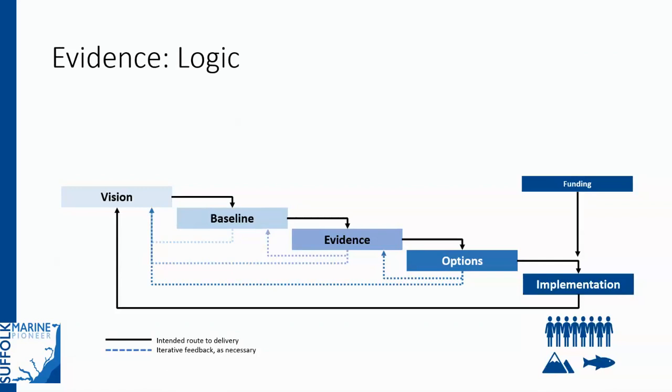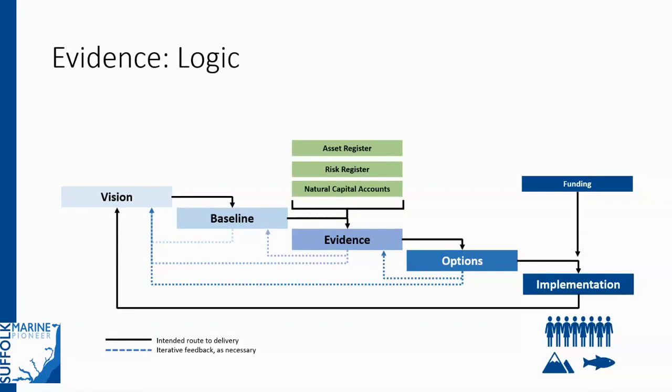And as one of the 5 blocks within this diagram, one word, evidence, doesn't sum up the complexity of what the evidence base actually entails. The first thing to consider is how that evidence base is communicated. And natural capital